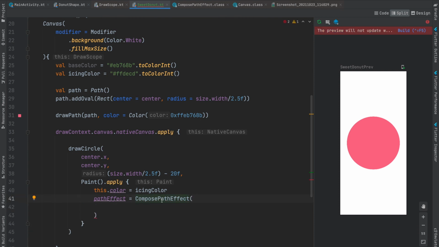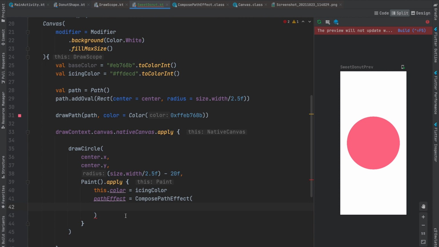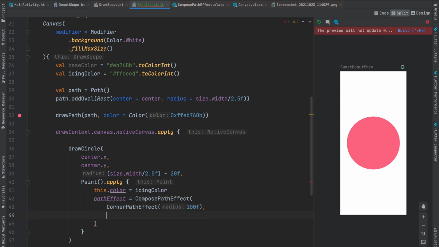So what does this do? Actually, we have to provide two path effects. One path effect will be the curve angle, how much it will be curved, and the second thing is to define the gap between two curves. So you can see this is one curve, there is one gap, this is another curve, this is a gap, and this is another gap, and so on. So there is one effect called CornerPathEffect, and here let me provide radius 100f, and another path effect is DiscretePathEffect. Let me add some values like 60f and 15f. If I refresh this,